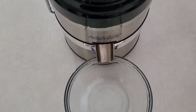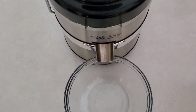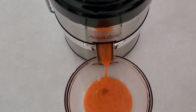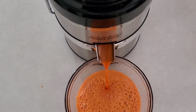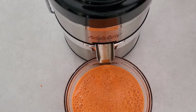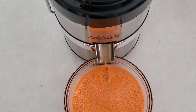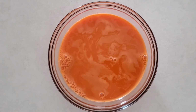Alright, so I'm going to be using a juicer to juice the carrots. So let's get started. Now I'm going to be adding the ginger. Okay, so I've already added the ginger to the carrot juice, so now I'm going to be adding some freshly